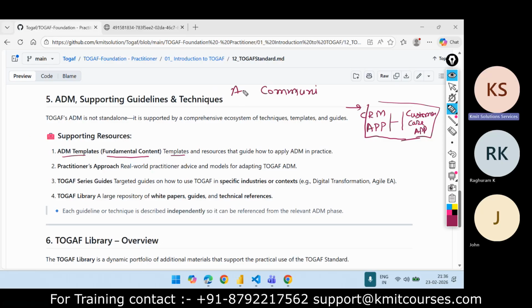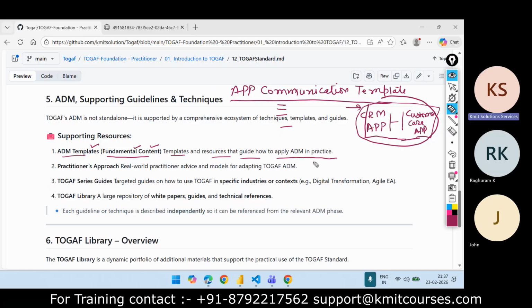So you follow an application communication template, with whatever headings and definitions are mentioned in it, which indicate how this application is communicating with the other application. So the ADM fundamental content, templates and resources guide you on how to apply the ADM in practice.